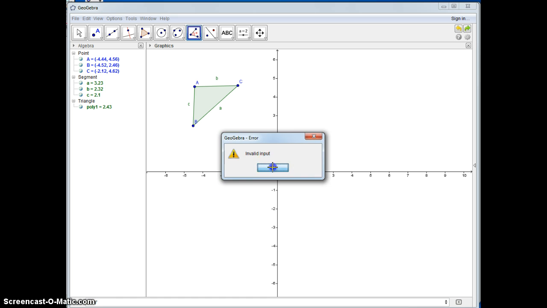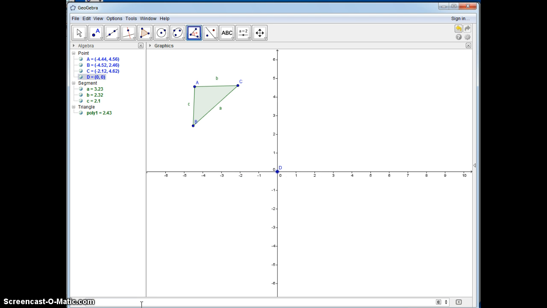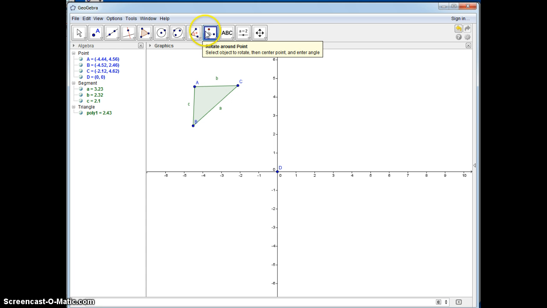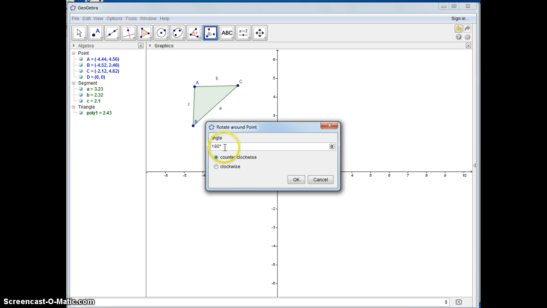Oh, I didn't do that right. I added a little extra thing here. So now I'm going to rotate. Now, to rotate it, you go down here. It says rotate about an object, about a point. Select the object to rotate, the center point, and then enter the angle. So we're going to select the triangle, D, and I'm going to try 90 degrees, and I'm going to go